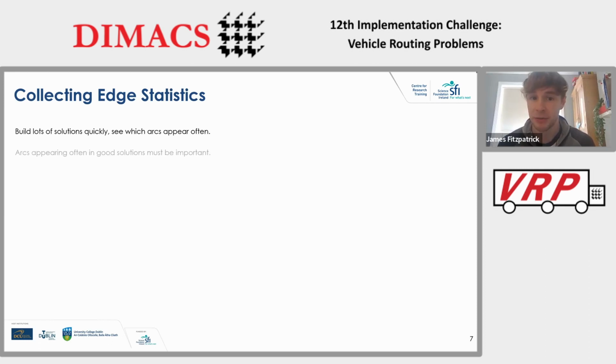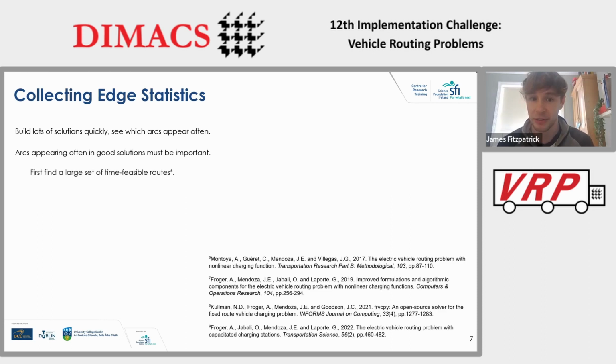And if a given edge frequently appears in good solutions or any solutions at all, then it's more likely to be in a set of edges that we should not get rid of. And if it doesn't appear that often, then maybe we should get rid of it, and maybe it's not really necessary to use. So I'm aware that I'm running out of time already, so I'm going to skip past